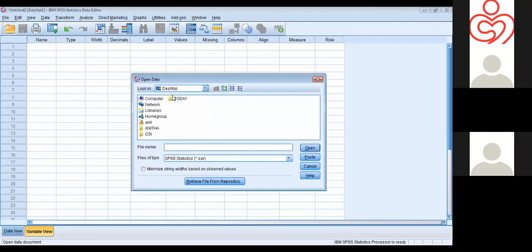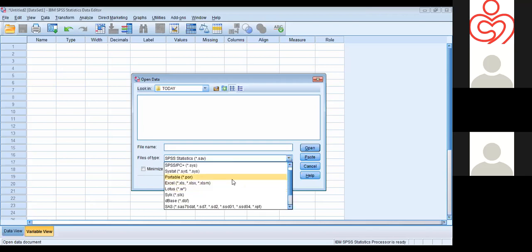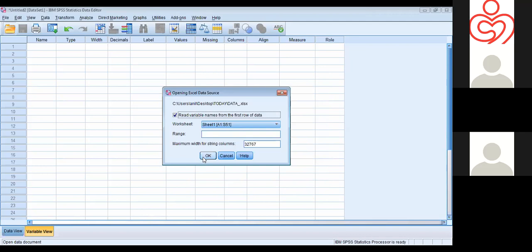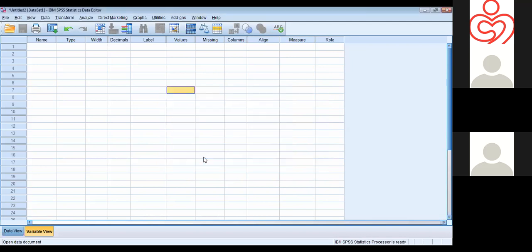I kept my Excel sheet in the today folder on the desktop. I opened that folder. It doesn't contain any SPSS document, because SPSS has automatically selected SPSS data files, and I don't have any SPSS data file in my today folder. So I need to choose my file type, which is Excel. I click on it and open my data. I had my data in sheet 1 and I put OK, and my data came like this.